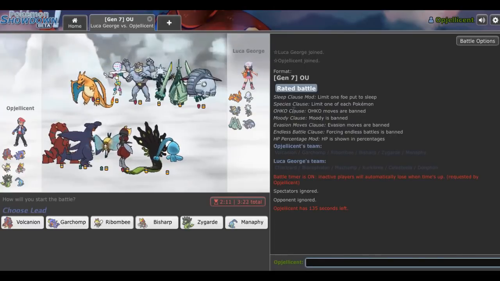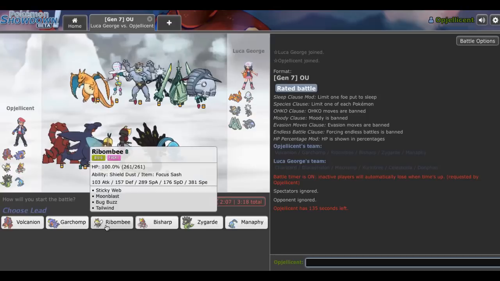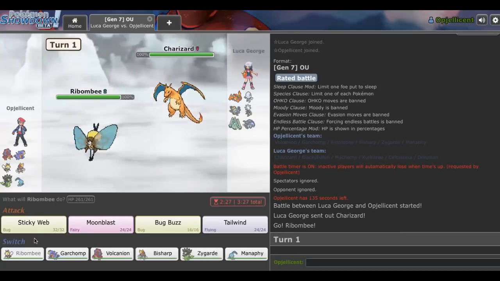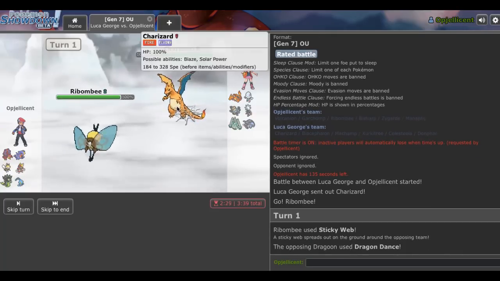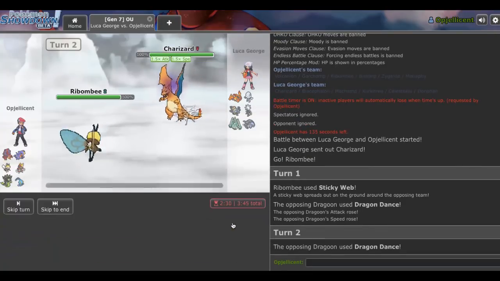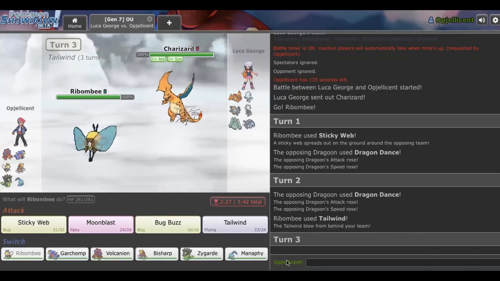Alright, so this is gonna be our last battle right here. I'm kind of curious to see what exactly the Machamp and the Donphan want to do right here, but I'm gonna lead off here with my Ribombee. He leads Zard. Just gonna Webs up, and then we're gonna Tailwind. Just to ensure, if this is Zardex and he starts Dragon Dancing right away, could be a problem. He does Dragon Dance, and gonna Tailwind right here. And now we're going to...